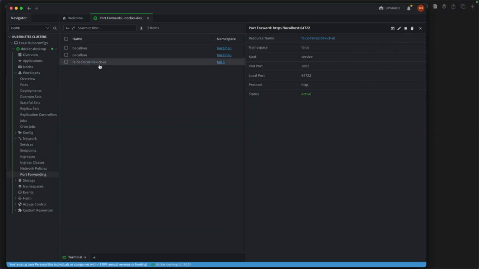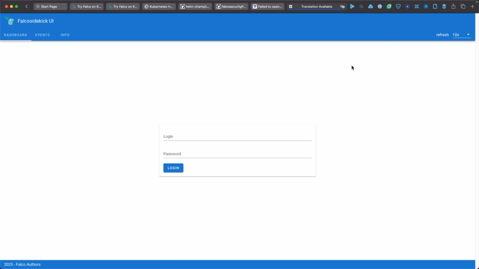line. Again, I'm going to do it in the visual Lens here, just easier to see what we've enabled and haven't, and then have to have multiple terminals open. And then open up the forwarded port.